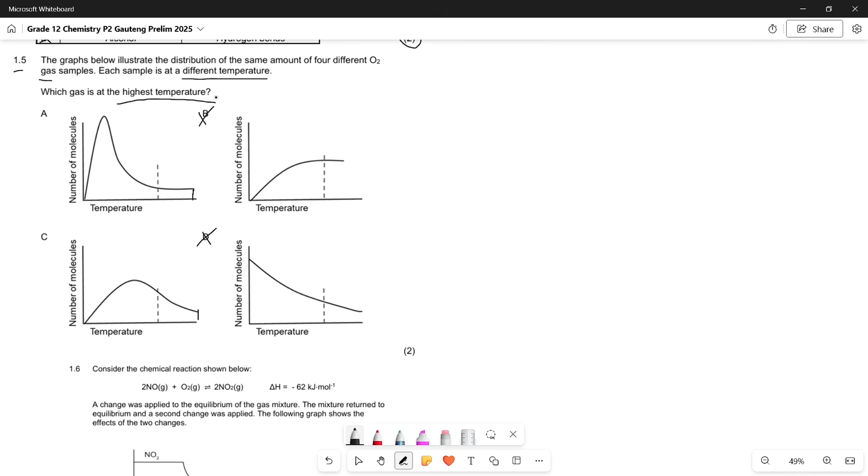So they're saying which gas is at the highest temperature. So Maxwell-Boltzmann is usually about where the temperature is highest here. So as we move along our x-axis, say now we're starting at 0, and then here we're at 10, and somewhere in between we have 5. And here as well, we have 0, and then 5, and then 10 over there. As we can see, there'll be a higher temperature at this highest peak over here, and over here for A is a lower temperature at this peak over here, which means that C will ultimately have the higher temperature because we have more molecules as we move up this way that are at a higher temperature overall compared to here for A. So C would be our answer,